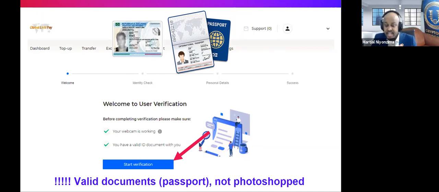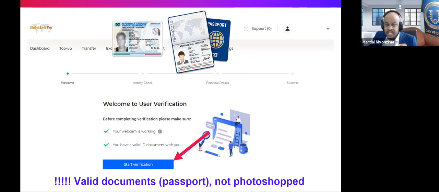There are some countries where ID verification is okay, it goes through with no problem. But if you verified using the ID and it was rejected because the ID is not accepted, try to start the process of looking for your passport. Imagine this is like an investment in yourself, your passport, which will give you the opportunity, once you make all this money, to be able to travel wherever you want. It doesn't matter if you never traveled before, you will be able to travel now because you have the means. So try to look for that passport. Imagine this is an investment in yourself. Okay, so once you've done this, you can see